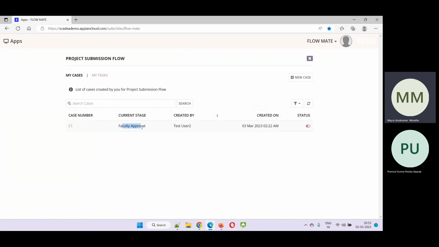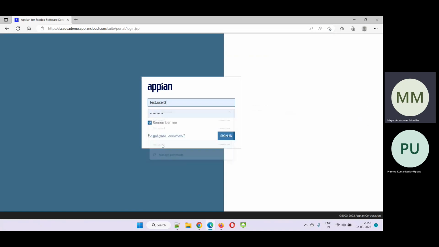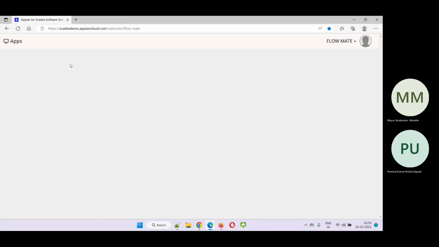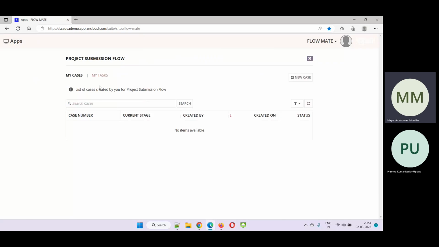You can see that the current stage is faculty approval. The case is created by test user 2 on this time. Let me change the user. Let me switch to the faculty user. And the faculty user is test user 3. Let me sign in. Hold on a second. Yeah, there you go. So test user 3 is a faculty user, and when I go for project submission flow,